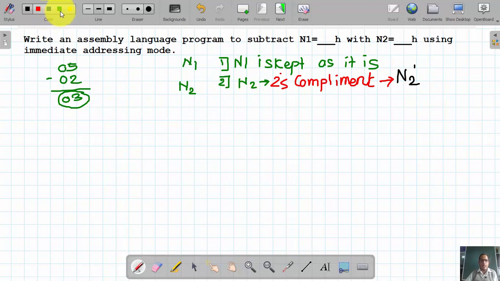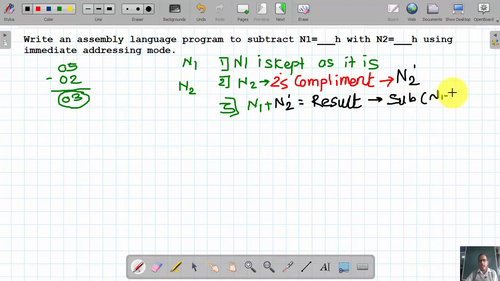Now the most important thing is, to obtain the subtraction result, number 1 and the 2's complement of the second number, that is n2 dash, are added together, and whatever result is generated is treated as the result of subtraction of n1 and n2.